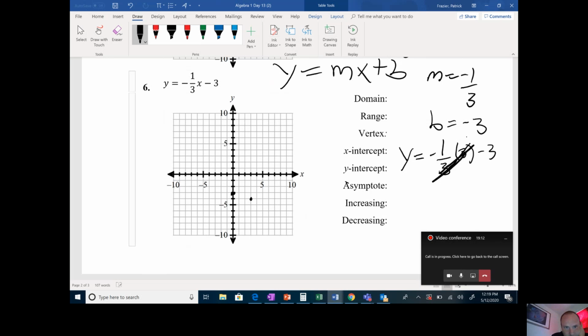So we're going to go up 1 from negative 3 to negative 2, and then over 3 to the left. 1, 2, 3. So that looks like when x equals negative 3, y equals negative 2. So let's plug that in again, just to double check. When y equals,